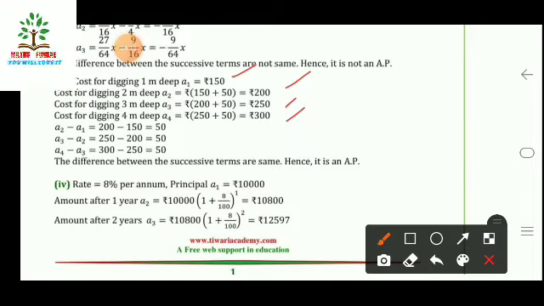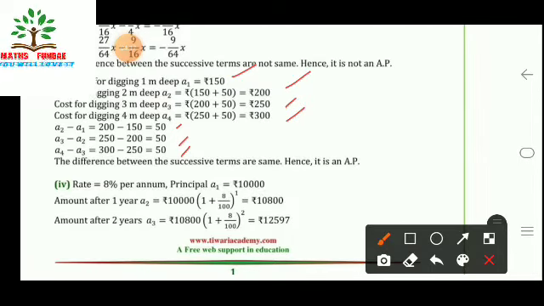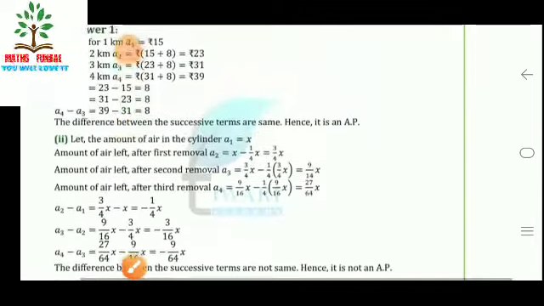Now we are finding the difference: a2 minus a1 is 50, a3 minus a2 is 50, and a4 minus a3 is 50. So we can easily see that the difference between the successive terms is the same, so hence it is an AP. Now looking at the next part, if we see the question, we have